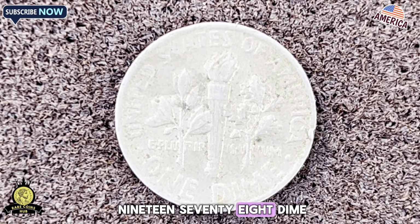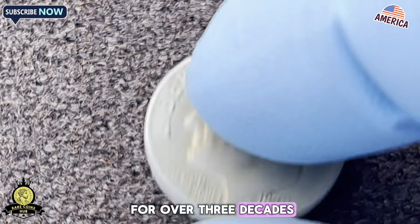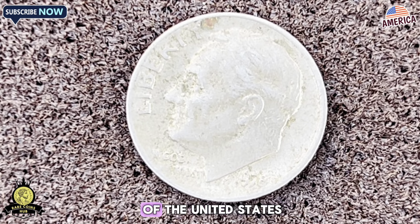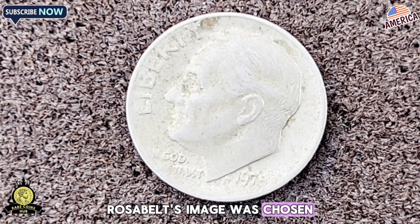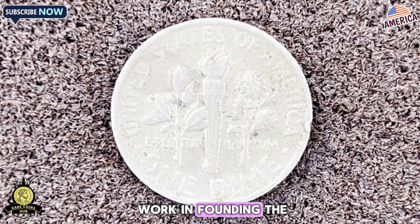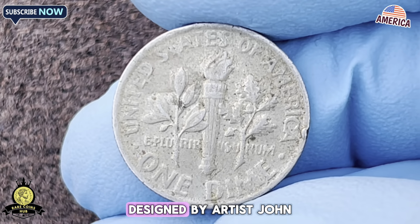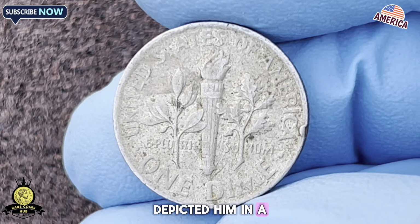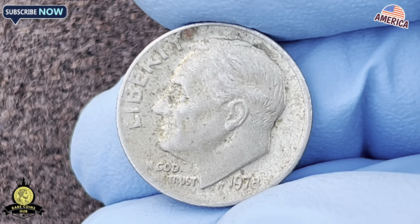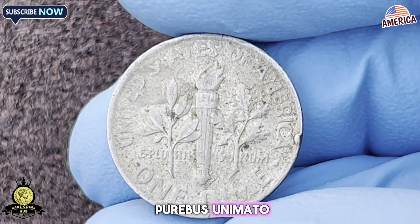The design of the 1978 dime was unchanged from its introduction in 1946. Like the dimes minted for over 3 decades, the 1978 dime featured the image of Franklin D. Roosevelt, the 32nd President of the United States. Roosevelt's image was chosen for the dime in honor of his leadership during the Great Depression and World War II, as well as his work in founding the March of Dimes, a charitable organization dedicated to fighting polio. Roosevelt's image, designed by artist John R. Sinek, depicted him in a profile view, with the inscription "Liberty" above his head and "In God We Trust" to the left. The coin also included the year of minting, 1978, and the familiar "E Pluribus Unum" motto, meaning, out